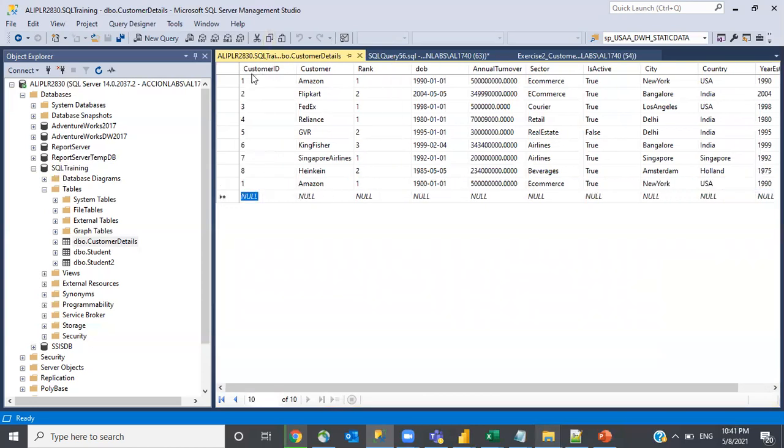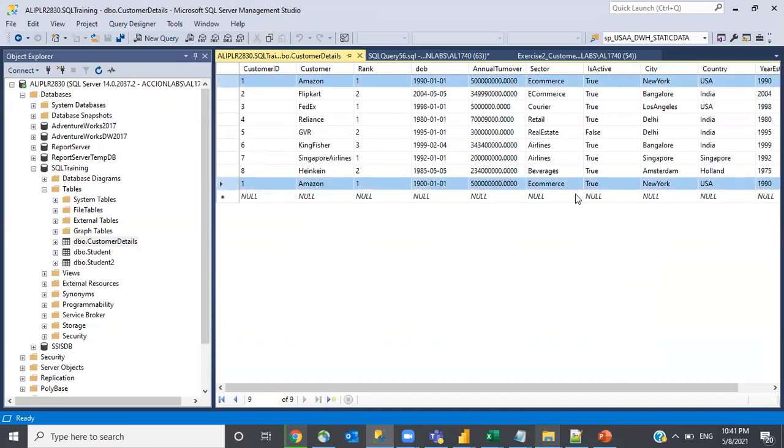Now if you observe, this first record and this one are both the same. So now we have duplicates in our table.